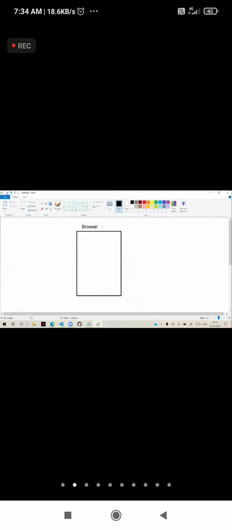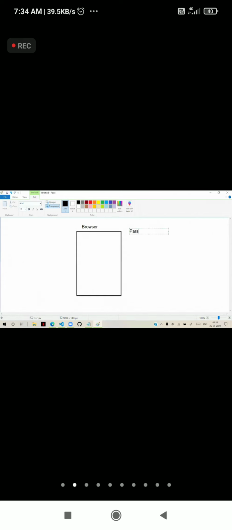That means you have to tell the parser one more thing. The browser has a parser, I told you. To the parser, you have to tell two points. First, which version of HTML you are using, and second, which language you are using for presenting.